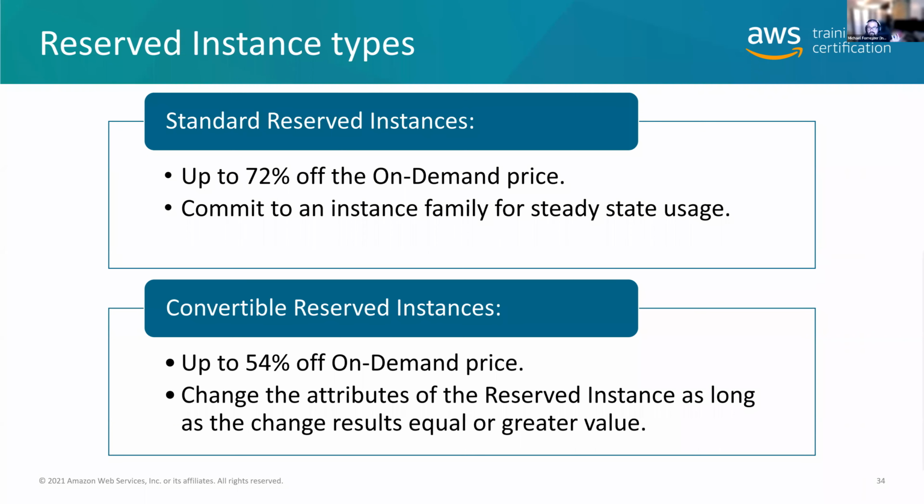Scheduled isn't listed here, it should be, right? Standard reserved instances save up to 72% off the on-demand price. That's 1 or 3 years, but they are very inflexible. If you say, I want 10 T3 micros in US East 1A with Windows on them for 3 years, it's really hard to change that. You can sell it, but you can't really change it. Amazon doesn't really let you do that.